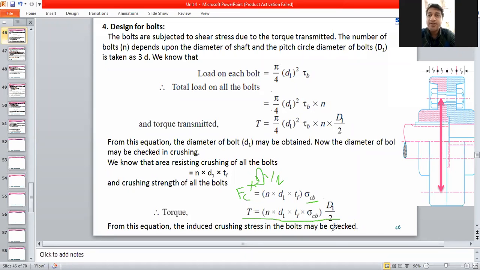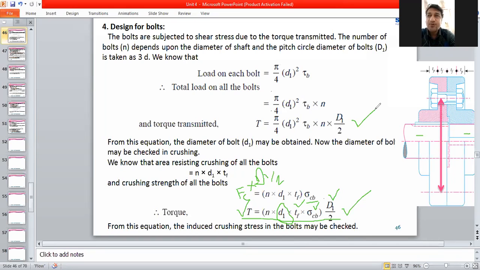So that is calculated in the second formula. You can check whether this torque, transmitted by all the bolts, is the torque which you want to transmit from one shaft to another shaft. Or if you put the value of torque here, and the value of allowable shear stress, and you know the d1 diameter, that is the pitch diameter of bolts, which you have already calculated from the proportional values of tf, you can calculate d1. So by means of this formula, we can calculate d1.